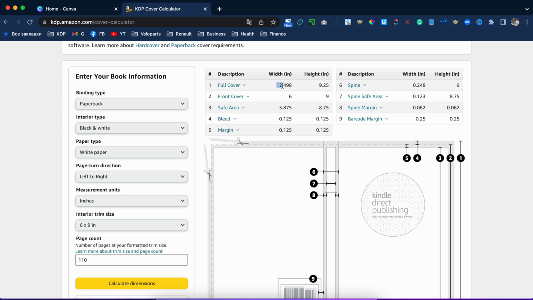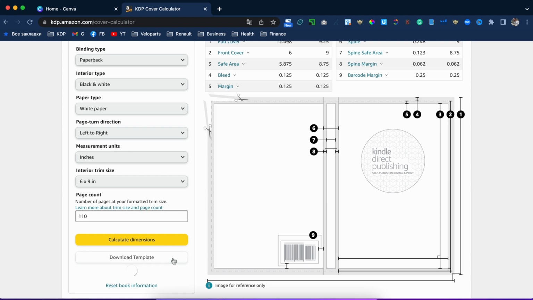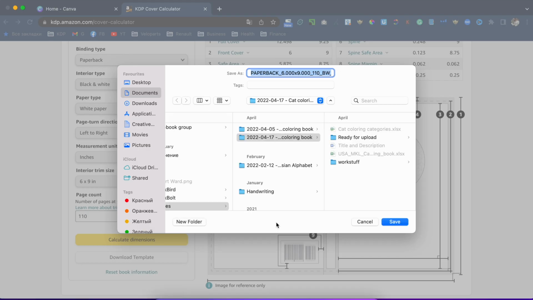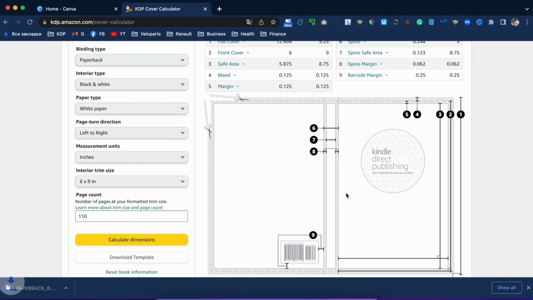It's 12.498 by 9.25. And now we need to download the template to our desktop and save.